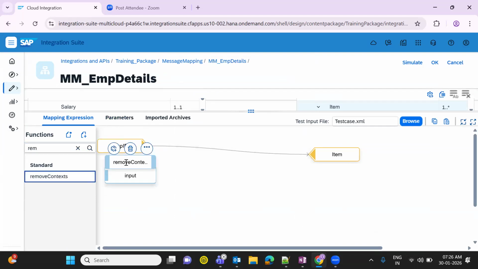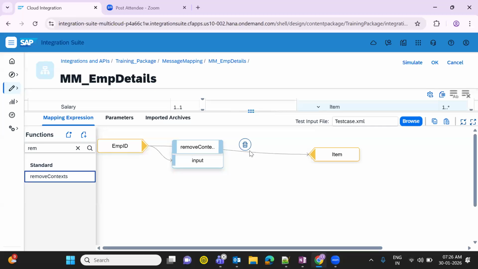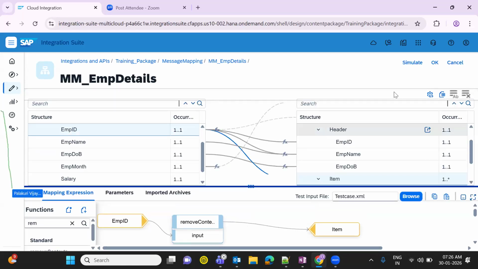So you don't forget these things: if you generate the node, you should remove the context. If you generate the field, you should add the context. So I have removed the context here. So now